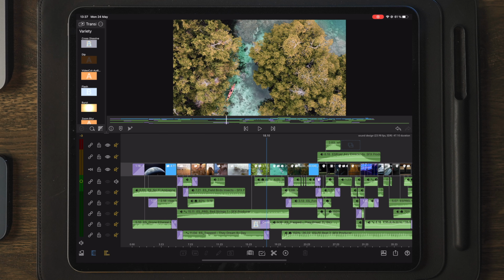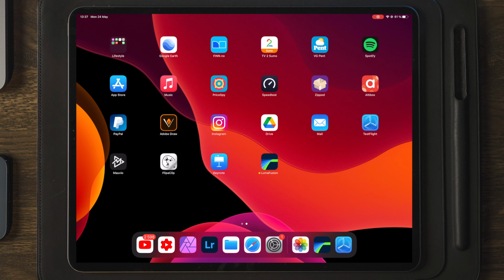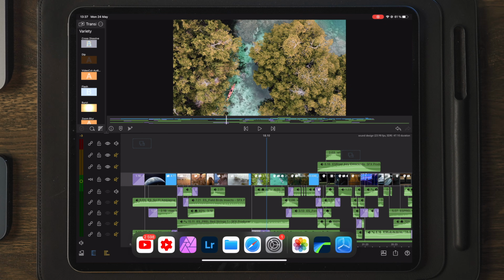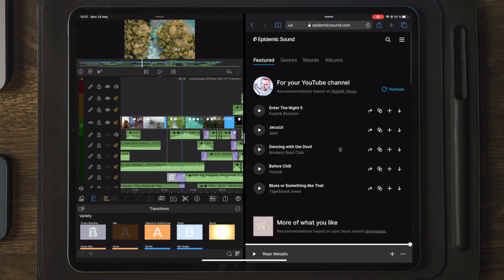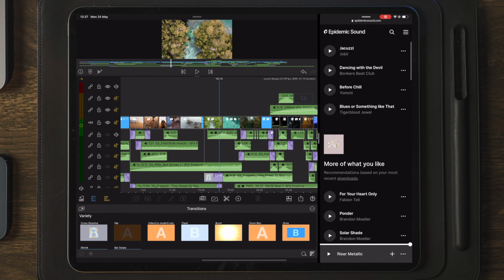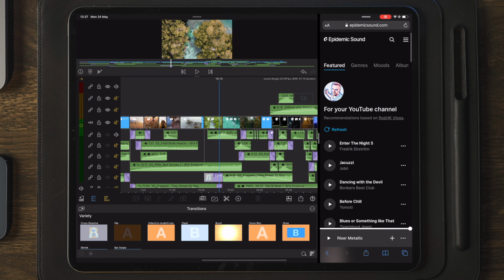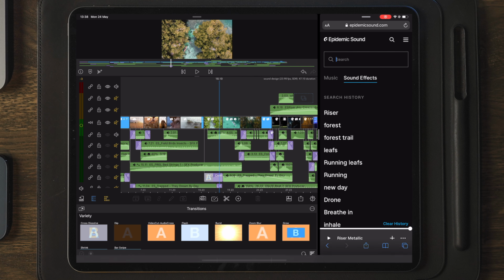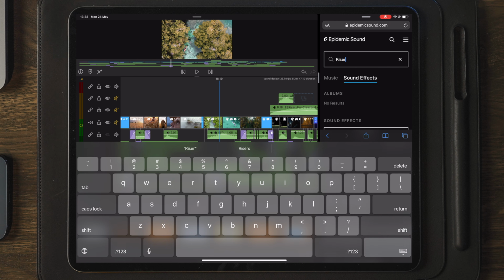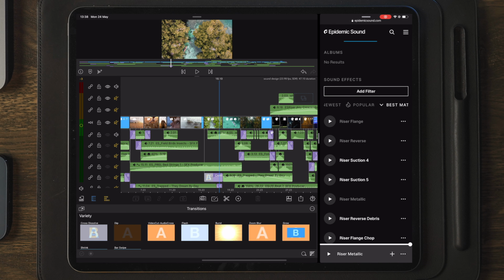Now there's another thing I want to show you, which is a simple hack which you can use when you are taking your music or sound effects from Epidemic Sound over to LumaFusion. If we go over to Safari here, or we can stay in LumaFusion and we drag up the bar, we take the Safari here, pull it over to the right hand side. You can now browse your library of Epidemic Sound here on the right hand side, and if we go over to search sound effect, let's say I want a riser. I'm going to type in a riser